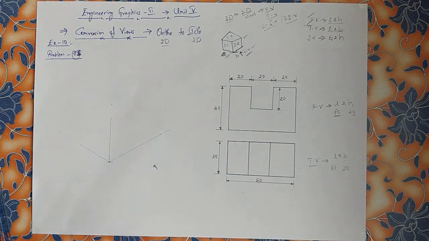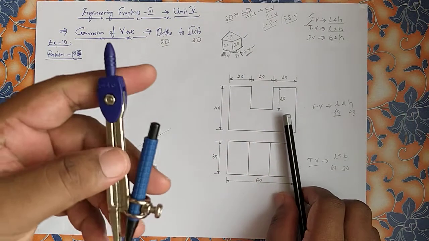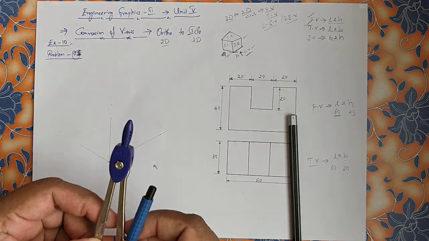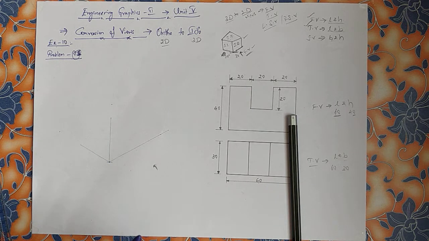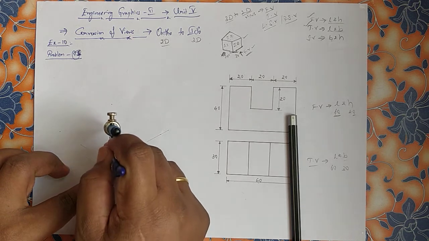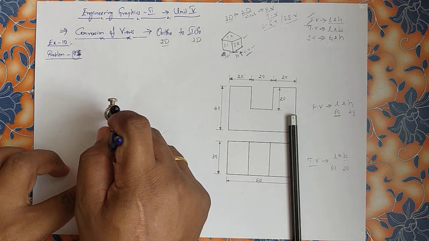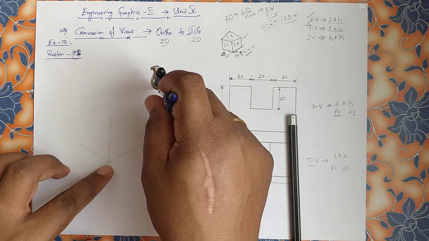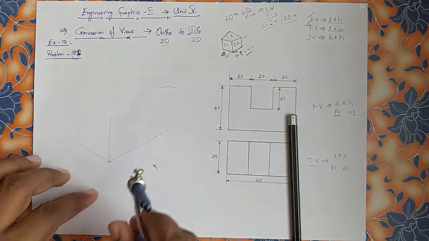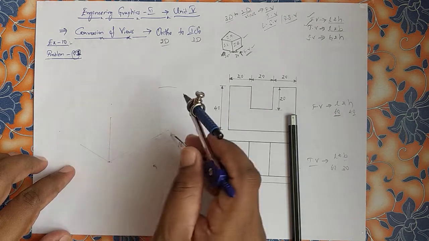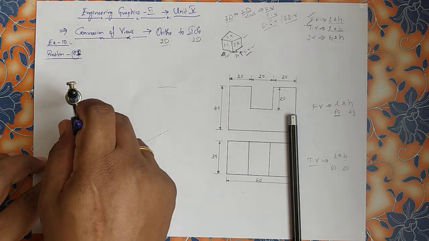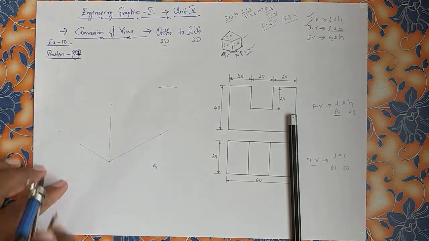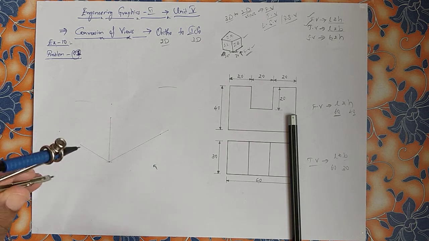But as you are not having the provision of using a drafter at home, you can take the help of some other instruments like a compass. See this compass, simple, I am not doing anything. I am taking measurement and intersection points. This is the height I have taken from this point. From this point also the same height. Draw an arc, from this point also the same height. Try to draw the arc.